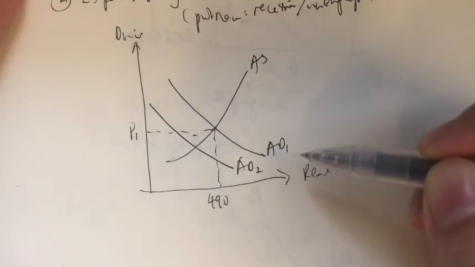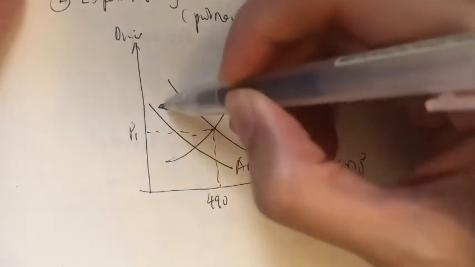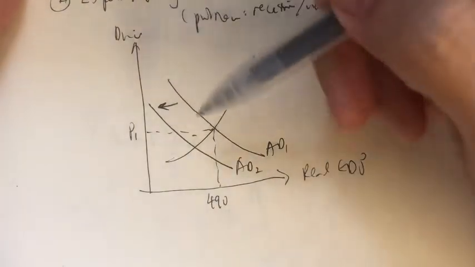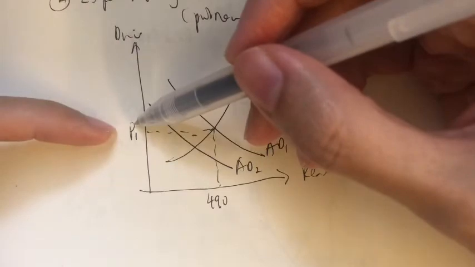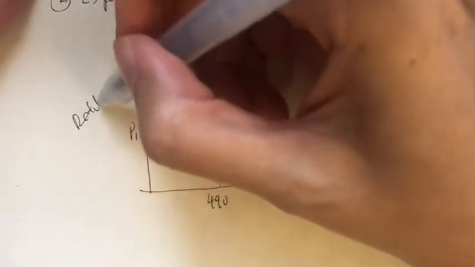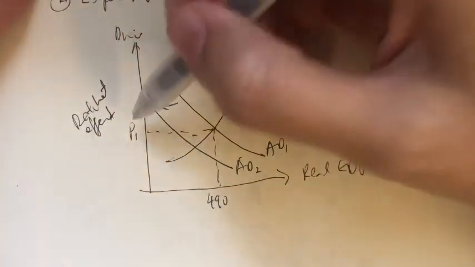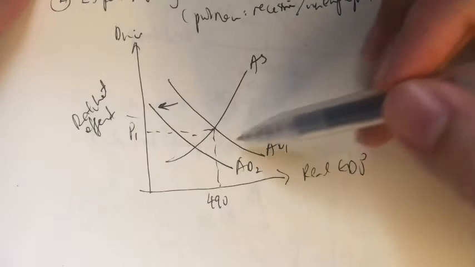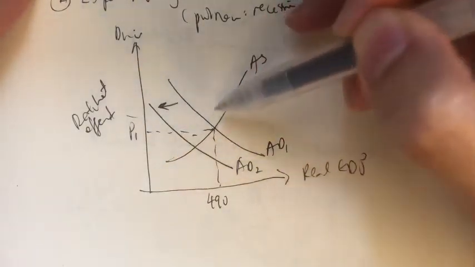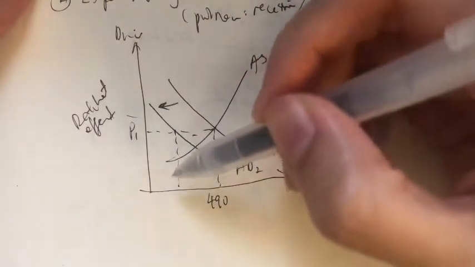This is initially AD1. Here we can see there's a fall in our aggregate demand curve. Now, remember that the price does not fall. Remember, in the last video, we talked about the ratchet effect. What it means is prices are sticky downwards. So although there's a fall in aggregate demand, prices actually still remain at P1. So when we have a recession, we have a new intersection point here. This would be the fall in